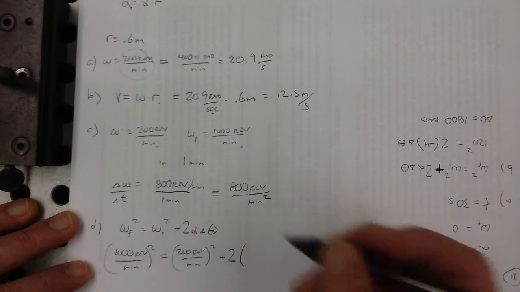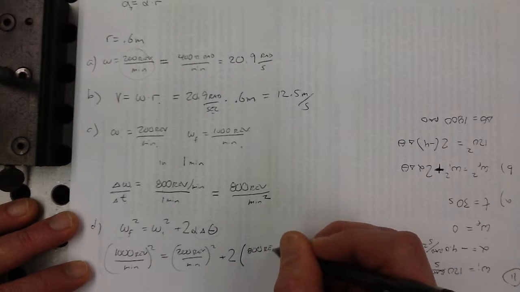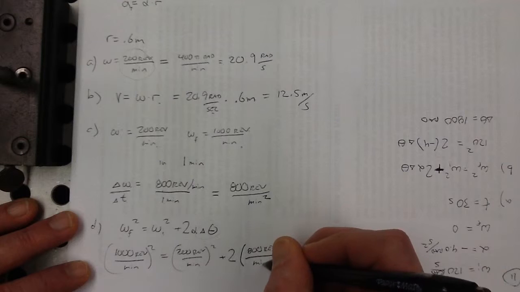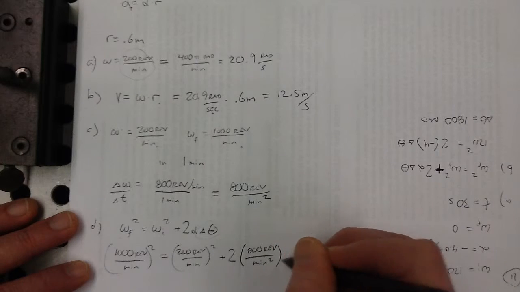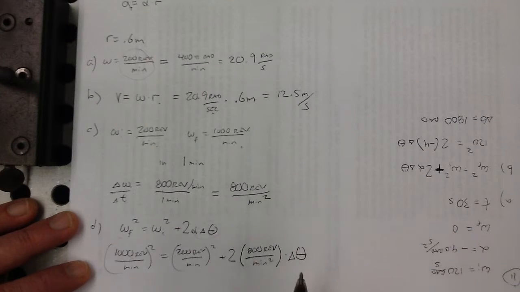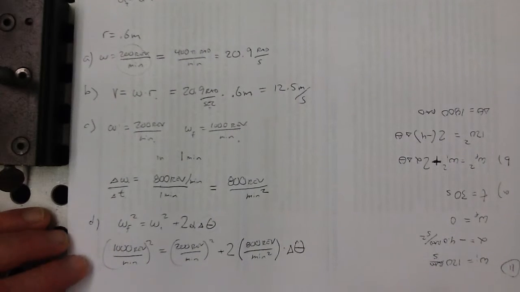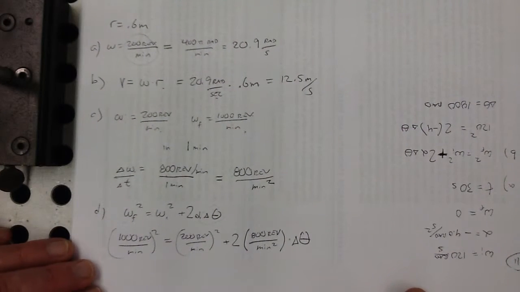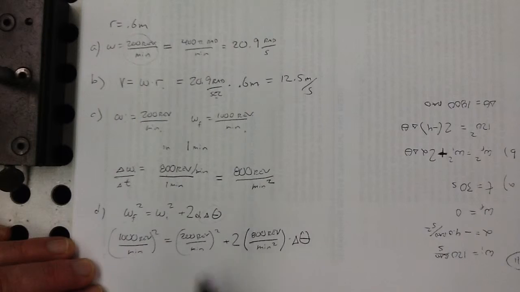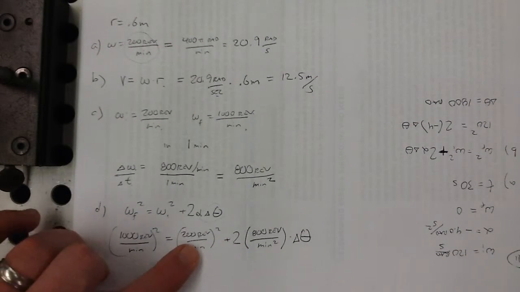did we ever find that? Yeah, sorry, that's right here, isn't it? 800 revolutions per minute times the angular displacement, but that's the angular displacement in revolutions, right? So let's just make sure that that works. And I think you can see how the units will work out here. So 1,000 squared minus 200 squared